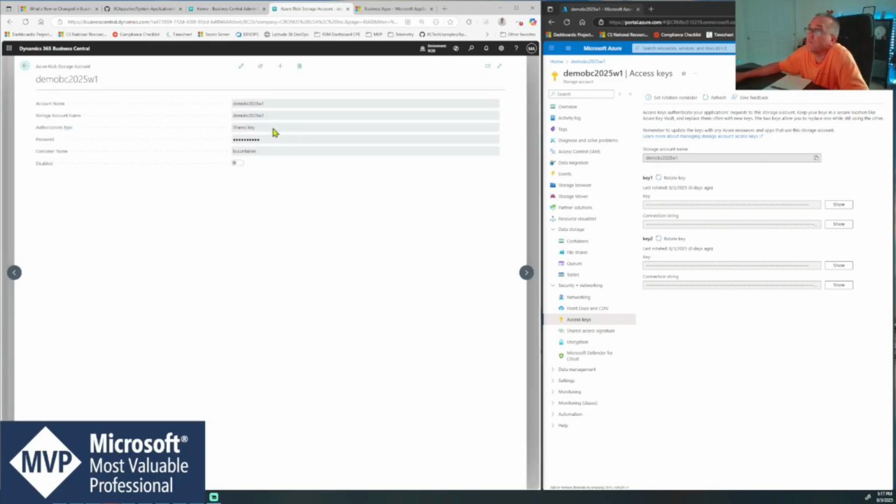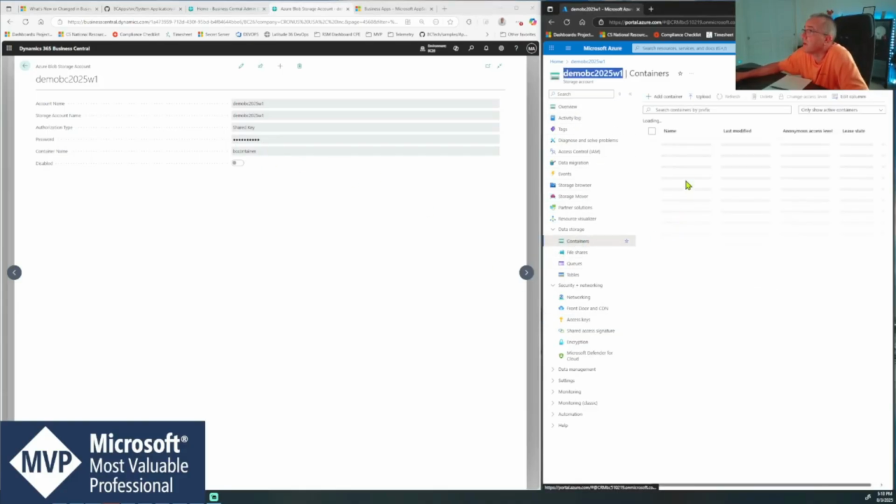2025 W1, and this is going to be connecting to a storage account, Demo BC 2025 W1, as you can see here, through a shared key. The shared key is going to be this field here, and the container is going to be BC container. Why? Because my container, the one I created, is called BC container,